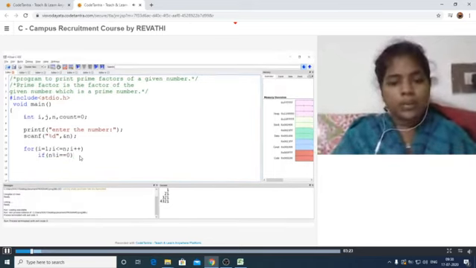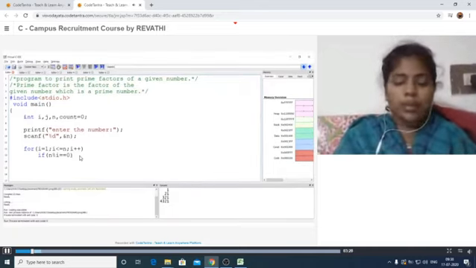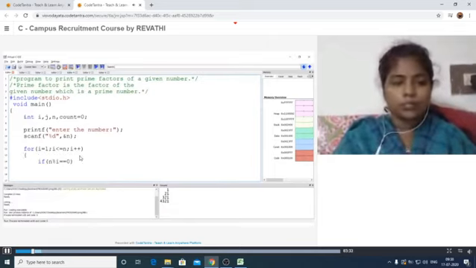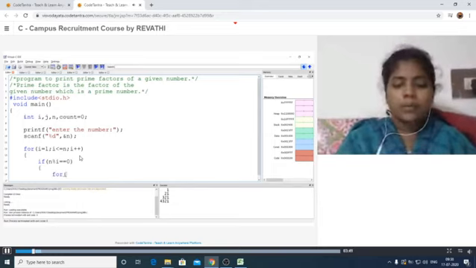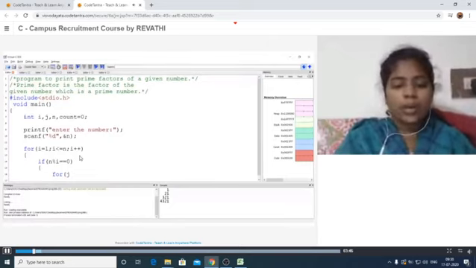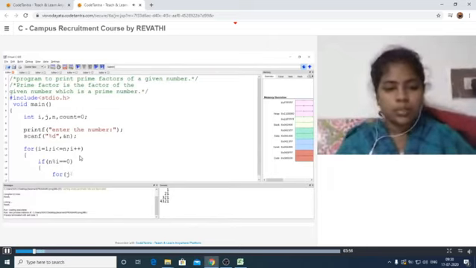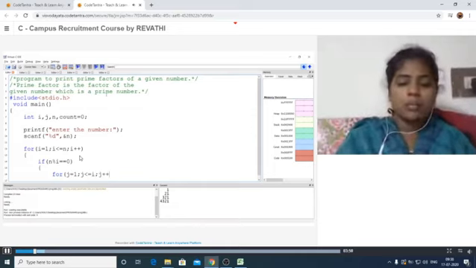Whenever this condition is true, then only it enters the next loop. Next, I am writing another loop: for j is equal to 1, j less than or equal to i, j plus plus.